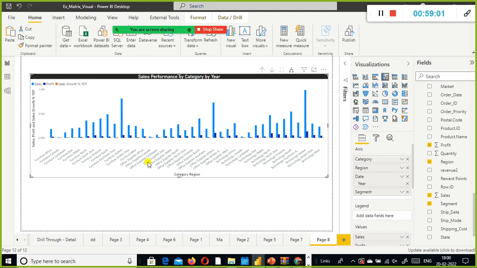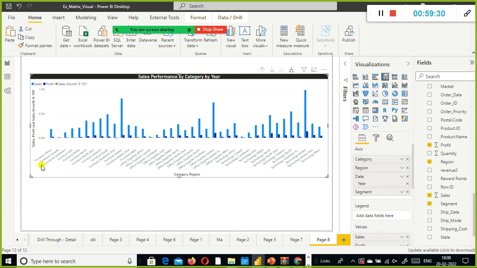So this double down arrow also helps us go to the next level in the hierarchy. But in this case, it simply ignores the category. I don't care about category. You tell me each region, what is the sales? That is what it shows.